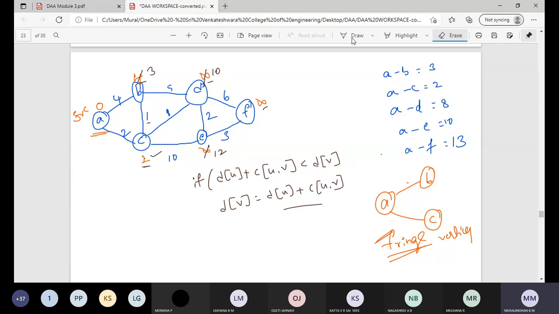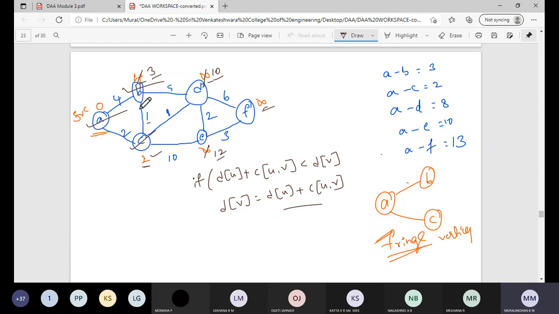Now we already selected, right? We selected C as well as we selected vertex A. Once we select these, we will not update the distance of these selected vertices. Now you compare 3, 10, 12 and infinity. Which is minimum? Minimum is 3, right? So we will select this vertex B.